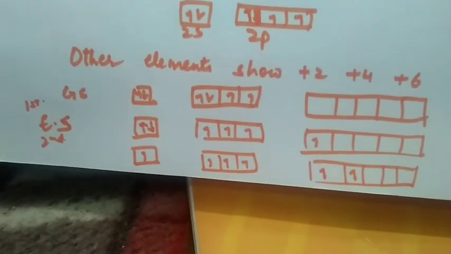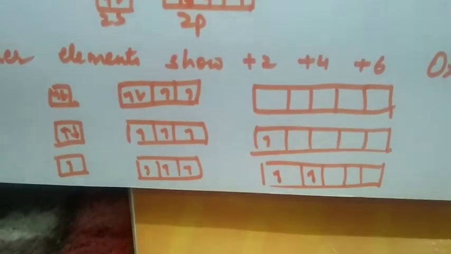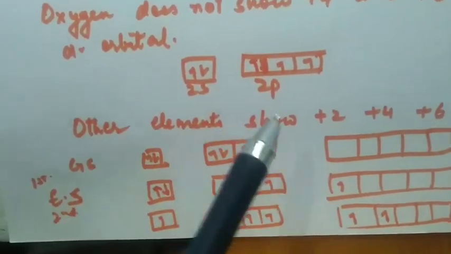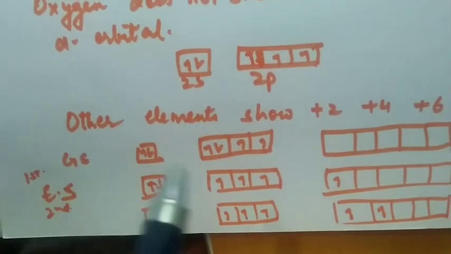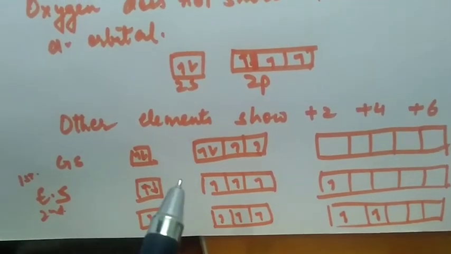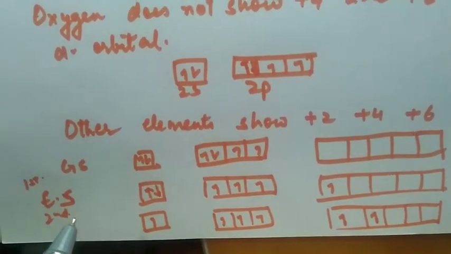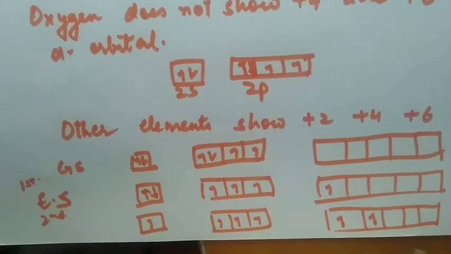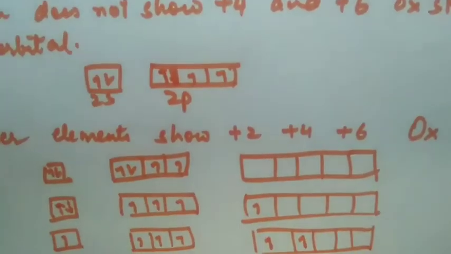Whereas from sulfur to polonium, they have vacant d orbitals available. Here we show the ground state configuration, where the configuration is ns2 np4. In the excited state, one of the electrons of the p orbital can jump to the d orbitals, and as a result it can show +4 oxidation state. And in the second excited state, the electron from s can also jump to d, showing 6 half-filled orbitals, and thus show a +6 oxidation state.